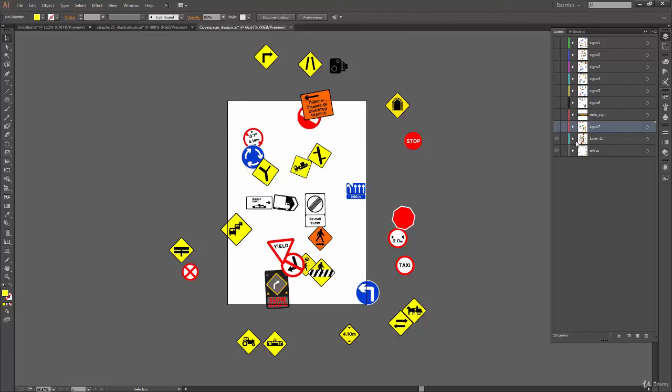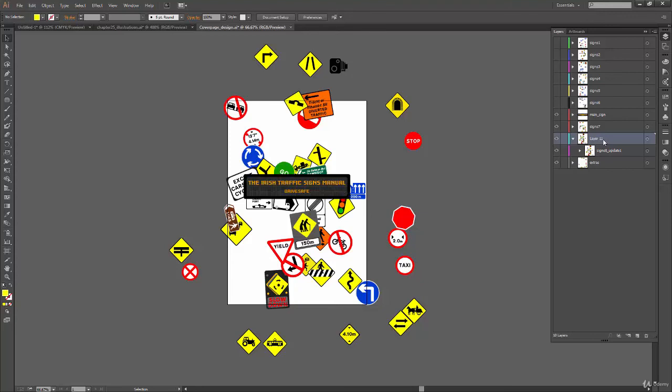It created a layer named layer 11, and inside it I have the sign 8 update one layer. So it created one more layer above my layer. It is like nesting of layers, so it might be helpful to you in a few projects, and you will see its application in the future.